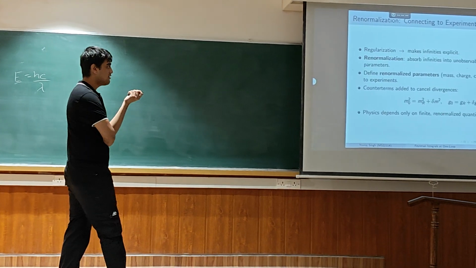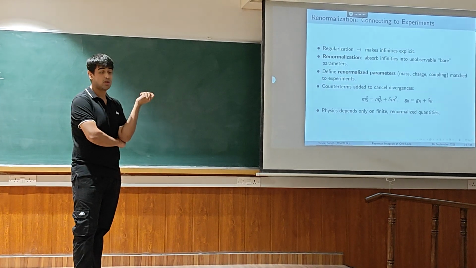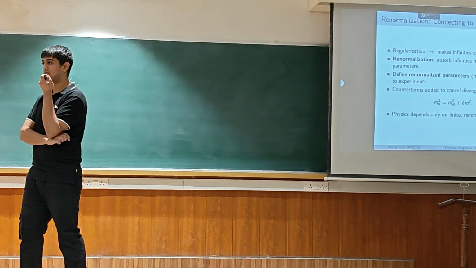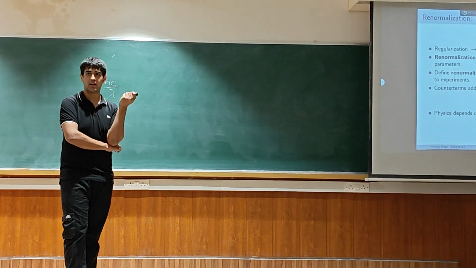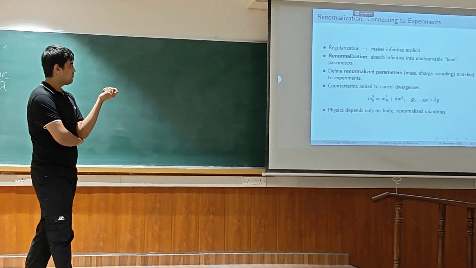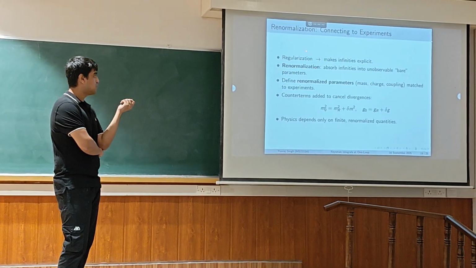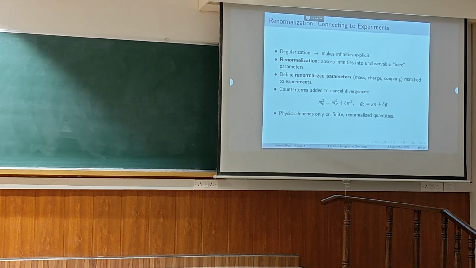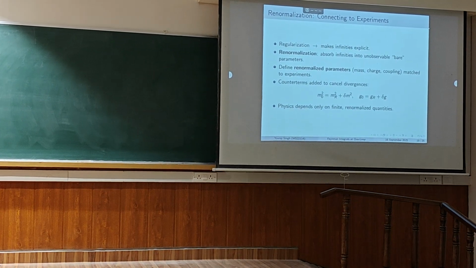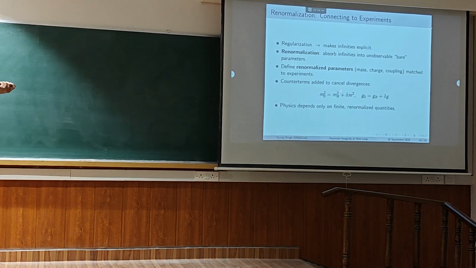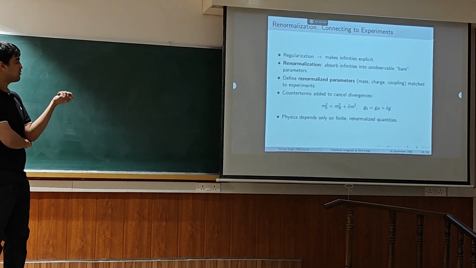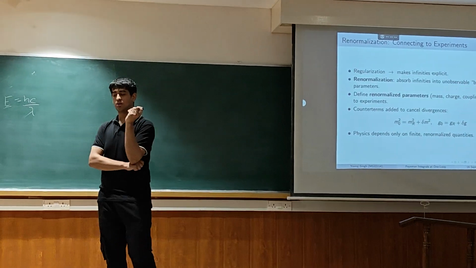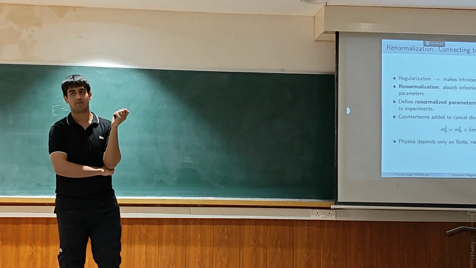So now after regularization we have that 1 upon epsilon term which goes to infinity. This is basically the UV divergence because we defined it for large momentum tending to infinity. So now we need to renormalize our theories, we need to absorb those infinities. So we use some bare parameters. These parameters are not observable. The observable ones are those that are left behind after subtracting those infinities. So subtracting those infinities does not lead to any change in physical observables.